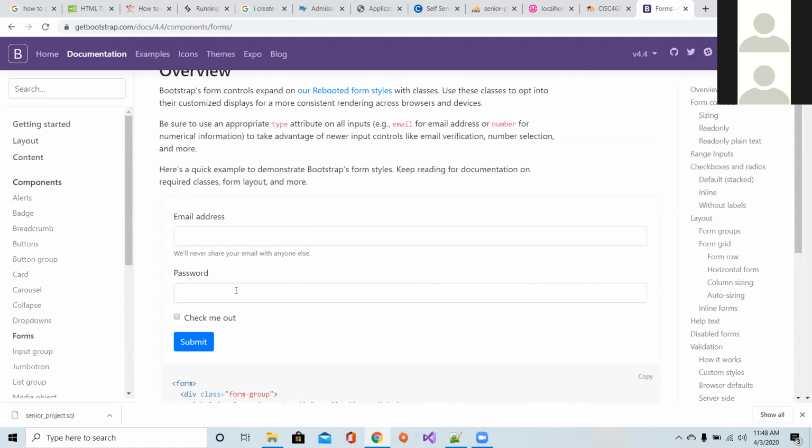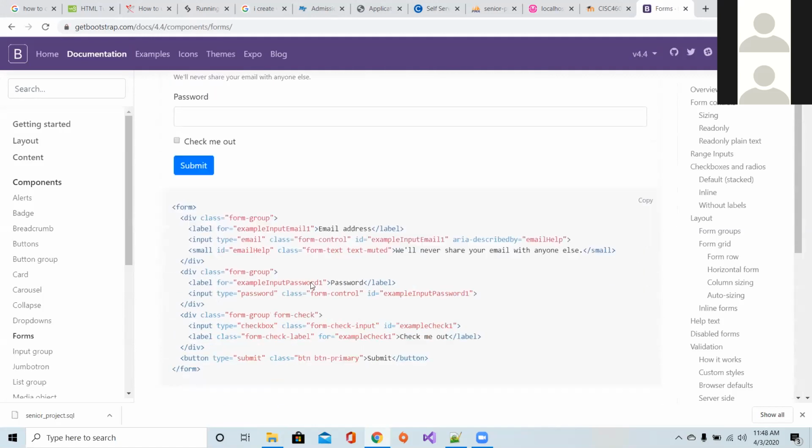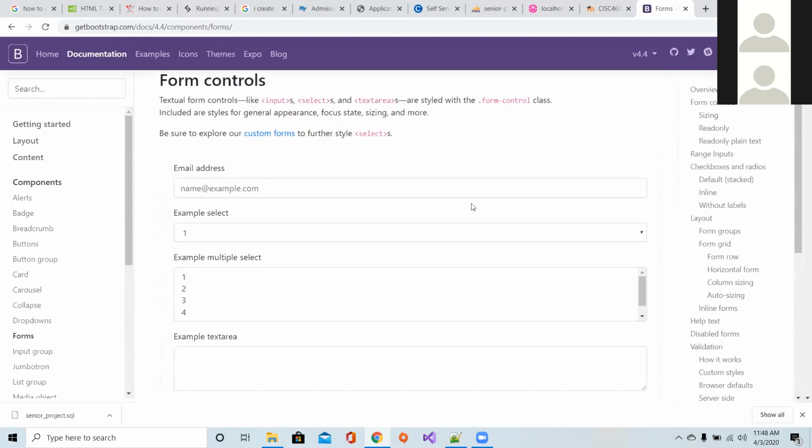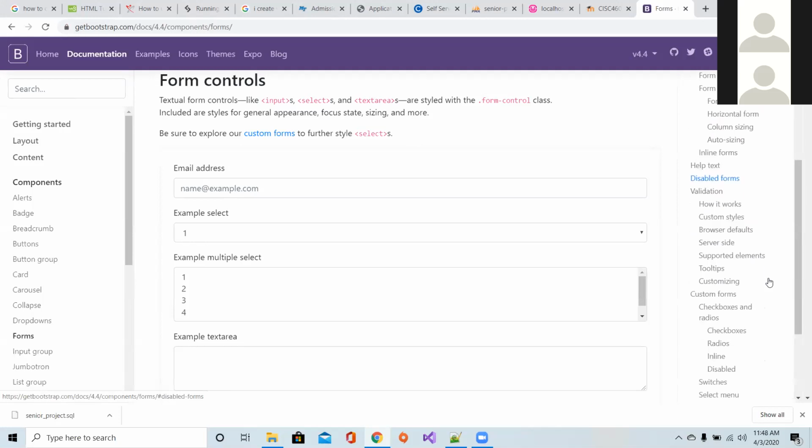It's styled to match their form. Well, if you come down here, and I'm not a big fan of their layout. They have major sections, minor sections, and then sub-minor sections on the far right-hand side. So this is components, forms, and then internally you can come down here and see